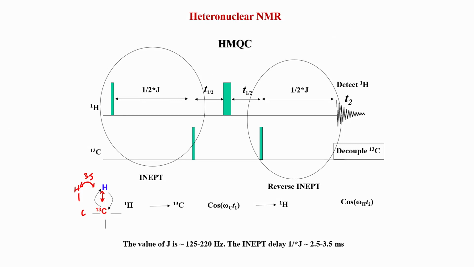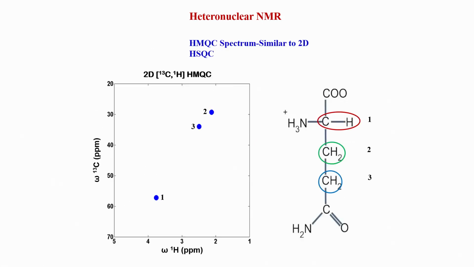So this is one disadvantage of HMQC over HSQC. Therefore, depending on the application, people use either HMQC or HSQC. We will see that soon when we come to biomolecules, what type of experiments are carried out. So this is an example spectrum, again as a schematic drawing